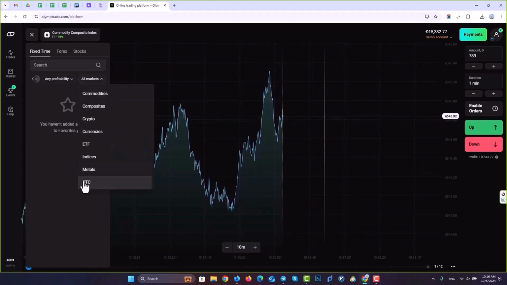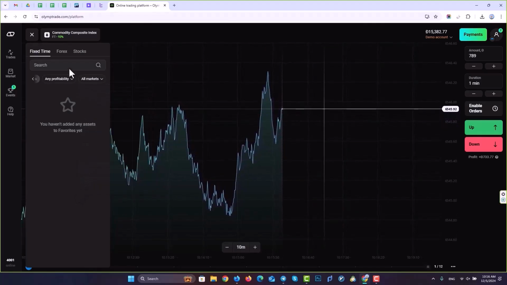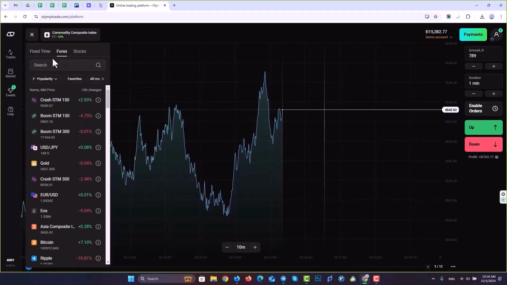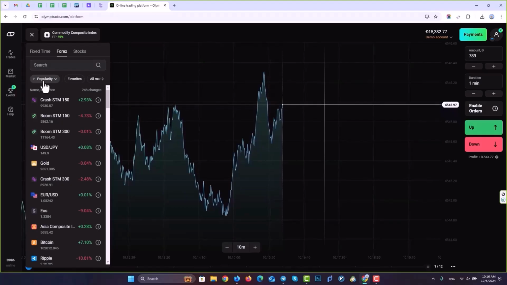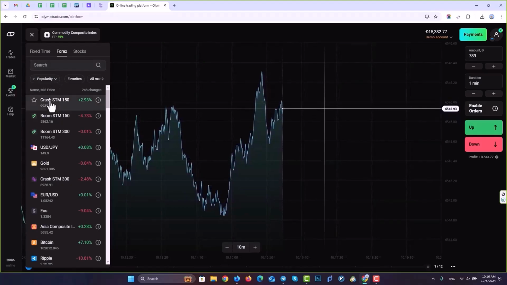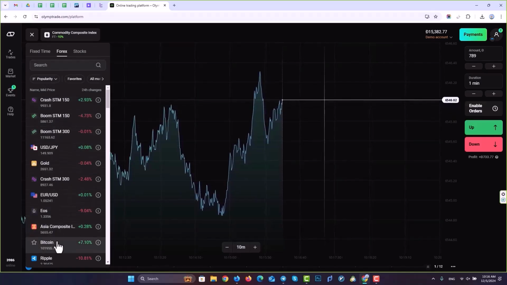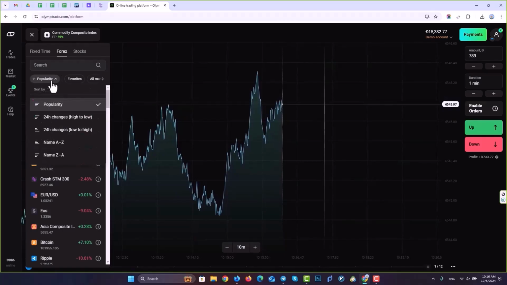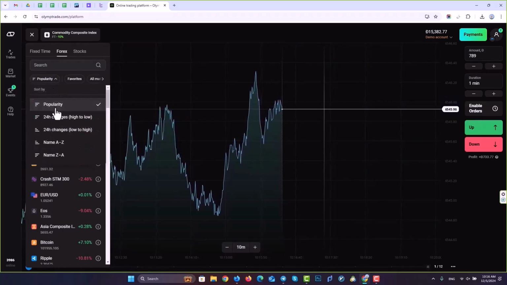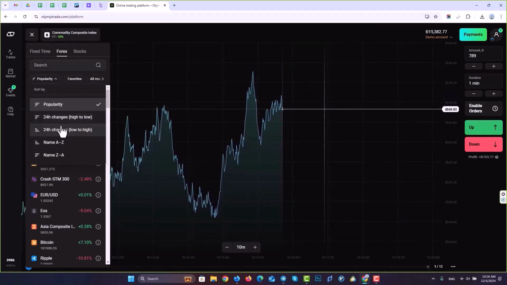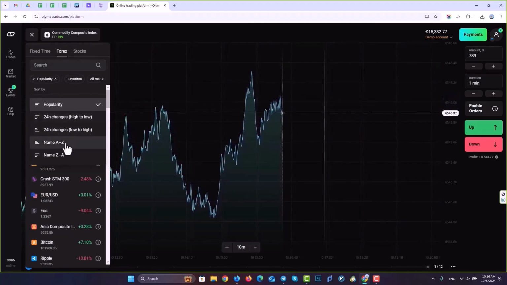And the second option is the forex section, which has almost the same settings as fixed times. You can see various currencies. I drew their popularity, which varies between highs and lows, 24 hours a day, and from A to Z or